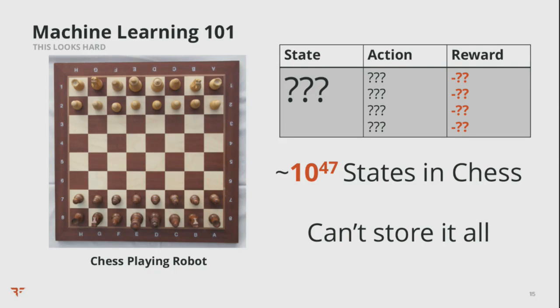So one of the key things we're going to try to do is scale down the idea. We're still going to keep the idea of choosing random actions, figuring out if it was good or bad, and recording that, but we're going to want to scale it down so we can explore state without having to store the entire game in our computer at the same time. Yeah, we have pretty beefy computers, but it can't hold all that.